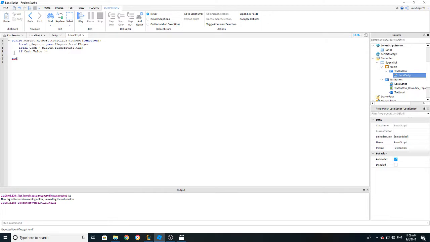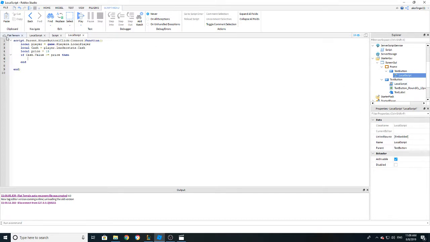If our cash value is bigger, so the player's cash is bigger or equal to our price, and let's say a local price equals 15. And then let's say price, so our variable, then after that,